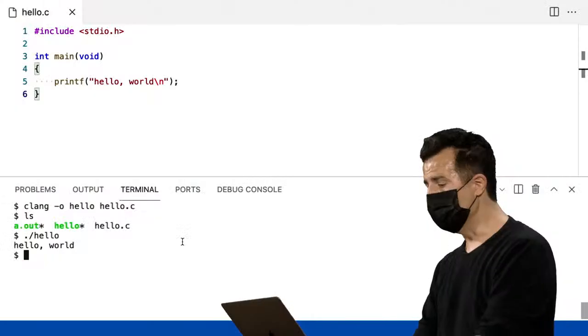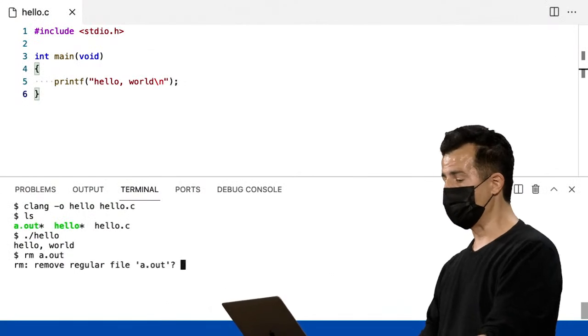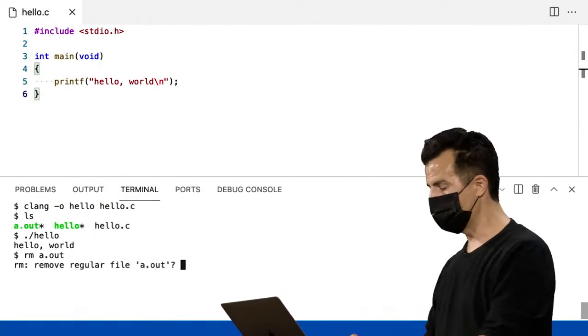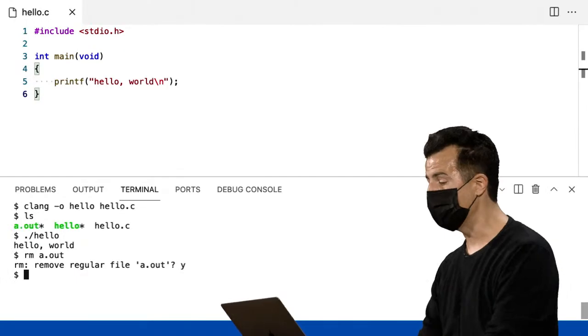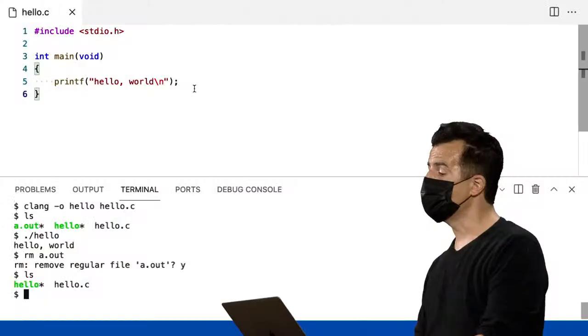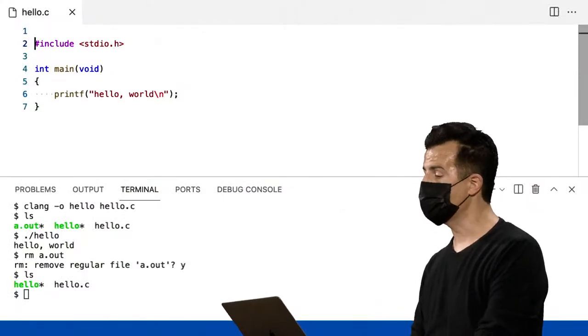So rm for remove, rm, a.out, enter, remove regular file a.out, y for yes, enter. And now if I do ls again, voila, it's gone. All right, so let's now enhance this program to do the second version we ever did, which was to also